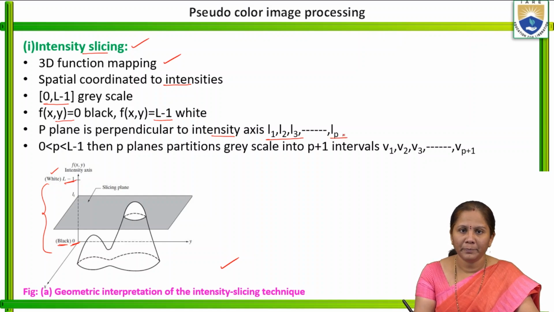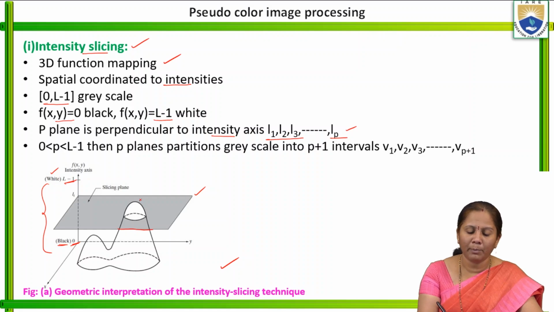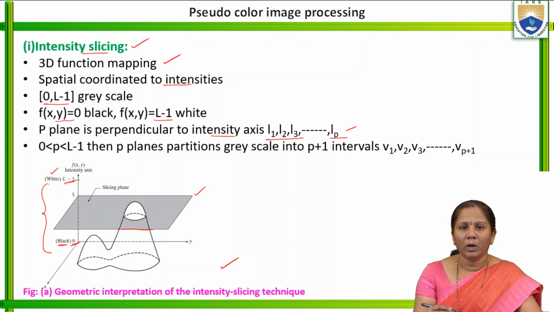up to LP. As this is represented in 3D, we can observe some part of the image is above this plane and some part of the image is below the plane. It means one color will be allotted to the image which is above the plane. Another color will be allotted to the image which is below the plane. So